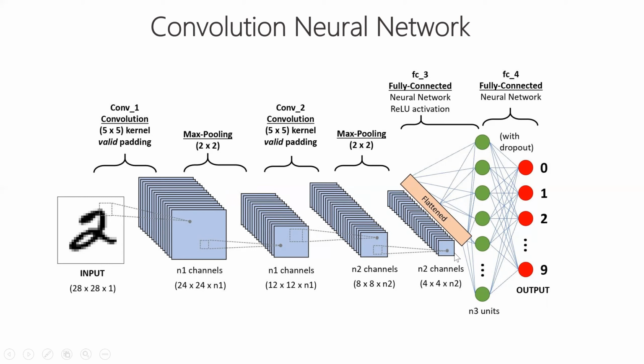Here the number 2 is given, and we need to predict the number from 0 to 9. So the output for 2 will be triggered as 1 and the other numbers will be 0. That's why we use a fully connected layer at the end. If we want, we can also use a dropout layer, as we saw in our ANN. So this is a simple thing which we saw.